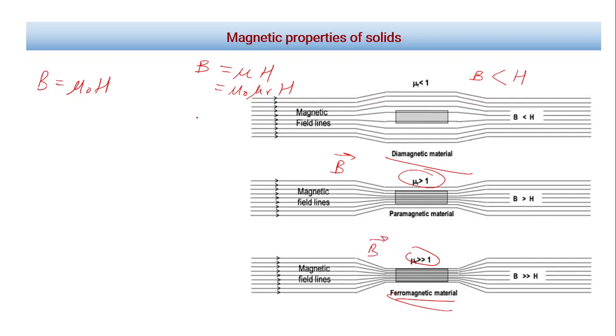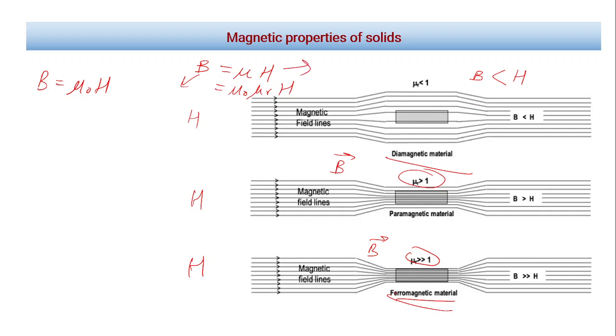So here, if we say the same H was applied for both, the magnetization field was the same, but think of it like this: first I kept the diamagnetic material in the same magnetic field lines, and in one case the magnetic flux density was less, in one case it was more, in one case it was even higher, all depending on what kind of material it was. The response of that material to the same H was different. So this makes clear that B and H are different things, and this is the difference.